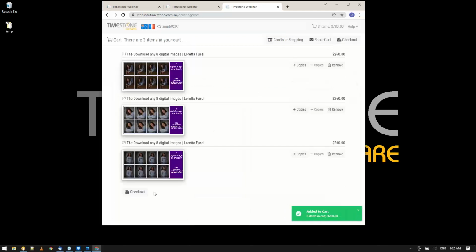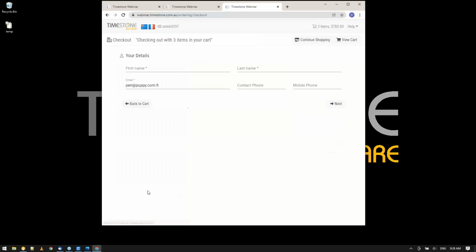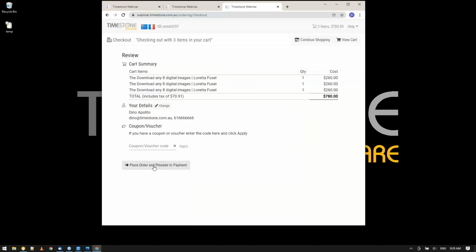View the cart. Go to check out. And now, very important button, place order and proceed to payment. Remember these buttons, all the fixed text on your site is translatable. We can translate it to what you want. I've changed my button, which by default says place order. I've changed it to place order and proceed to payment, so they know that they still have to pay. When they click that button,